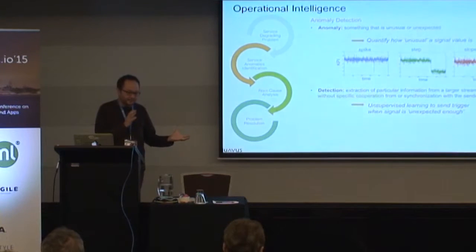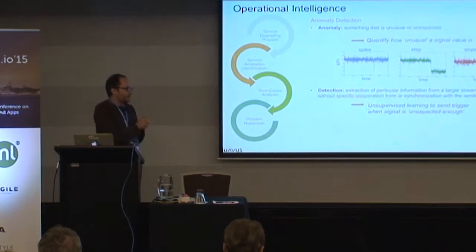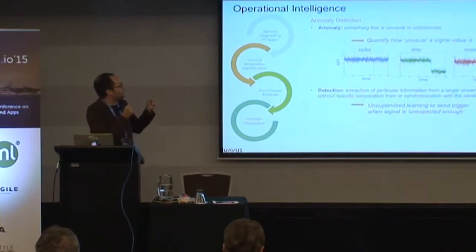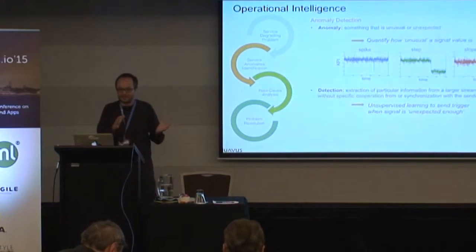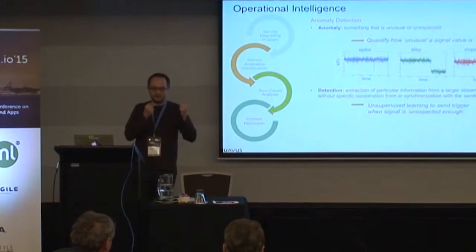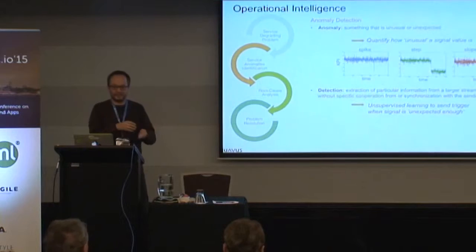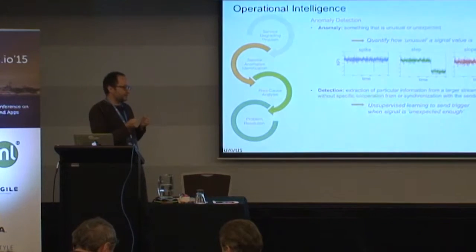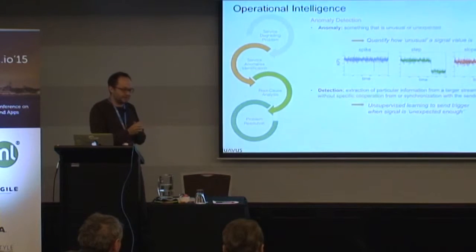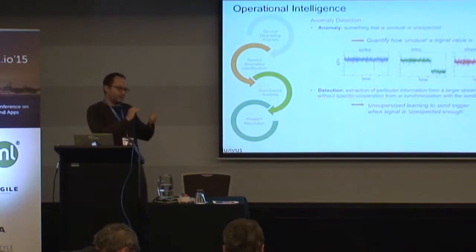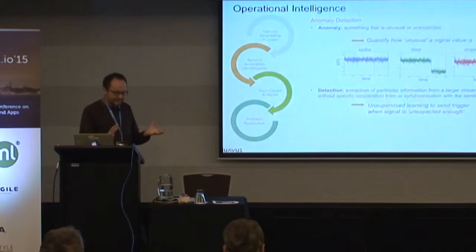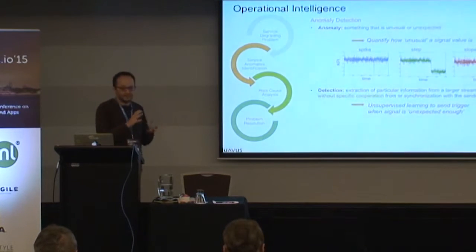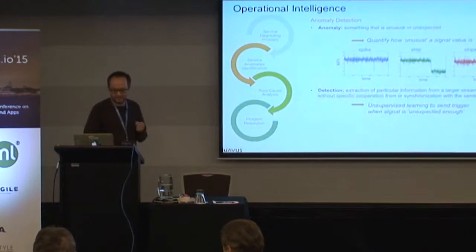The detection part, what I mean by that is that you're trying to figure out when those events happen, but, as I say here, without specific cooperation from the source. So you don't have any labels. You don't really know what is or is not an anomaly. And this is really the unsupervised learning part if you talk in terms of machine learning. So no labels, so a lot of the APIs that we saw yesterday, for instance, could not be applied in this system. And it means that a lot of the time when you do anomaly detection, it's something you have to do more like in-house development, because there are a lot fewer standardized ways of doing it,